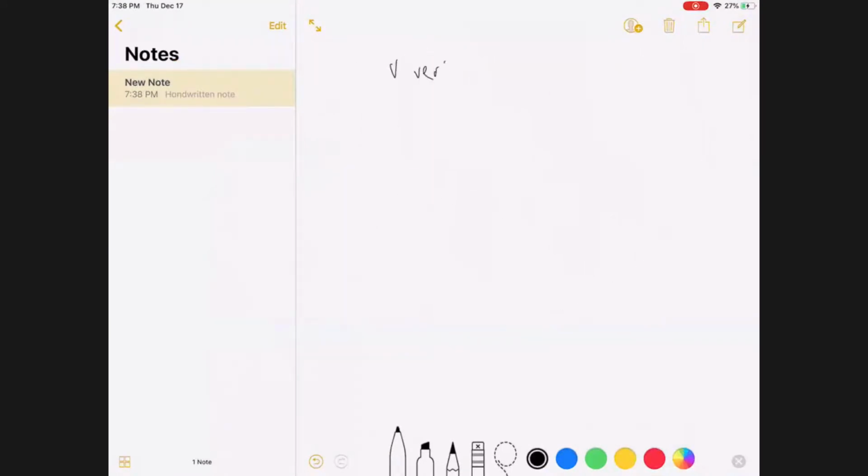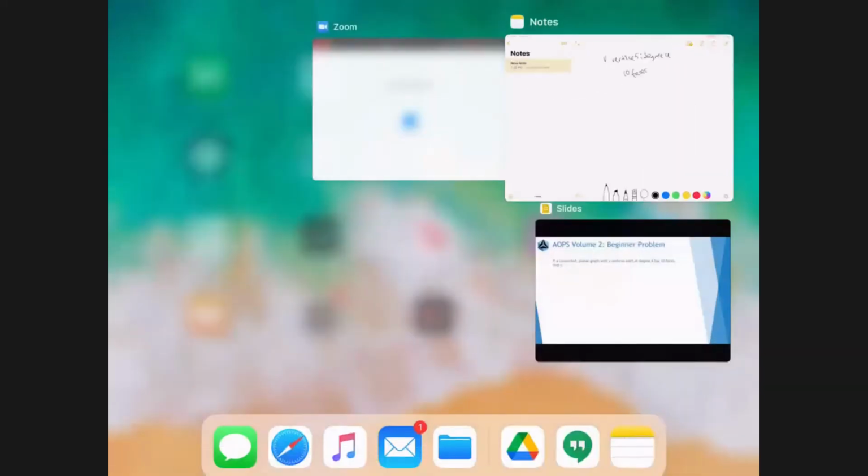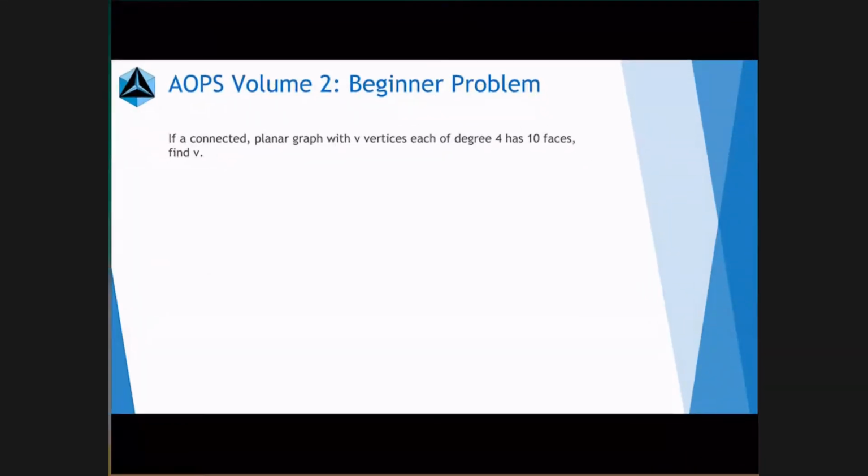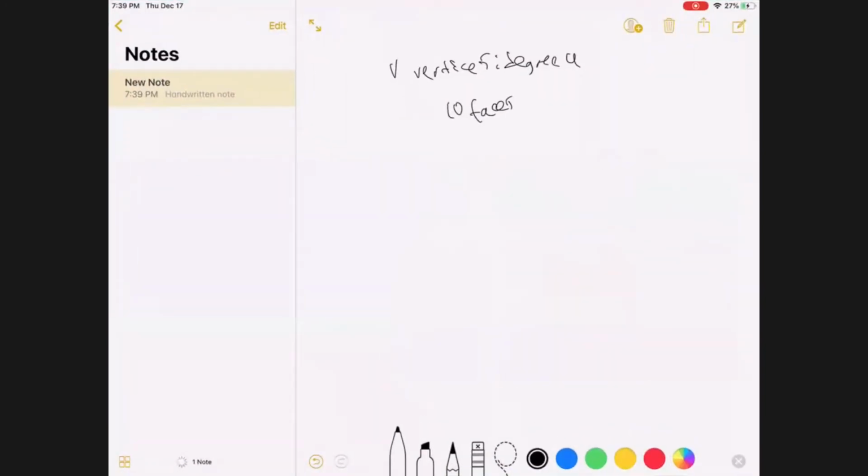V vertices, degree 4, 10 faces. I'm just going to check the problem again. Find V, right. Find V. And so the problem does give us that the graph is planar and connected,